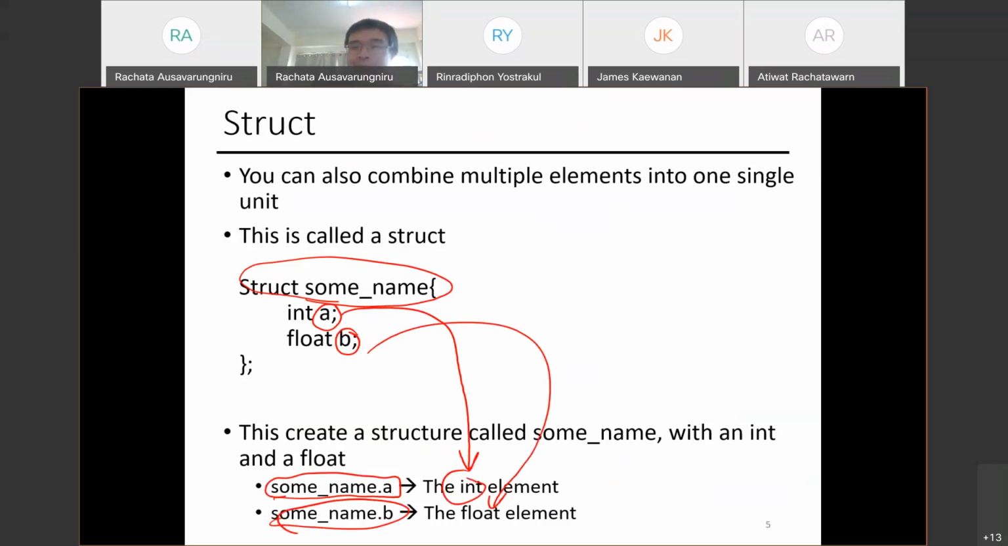Hopefully this is self-explanatory. It's not hard, right? It's just syntax. You just need to type the correct letters and it will give you what you want. Make sure you have the semicolon at the end. The semicolon should be at the end of every single statement you put in C. It tells you that's the end of the command, right? Over here, the command is: I'm going to create a struct called some name with an int and a float